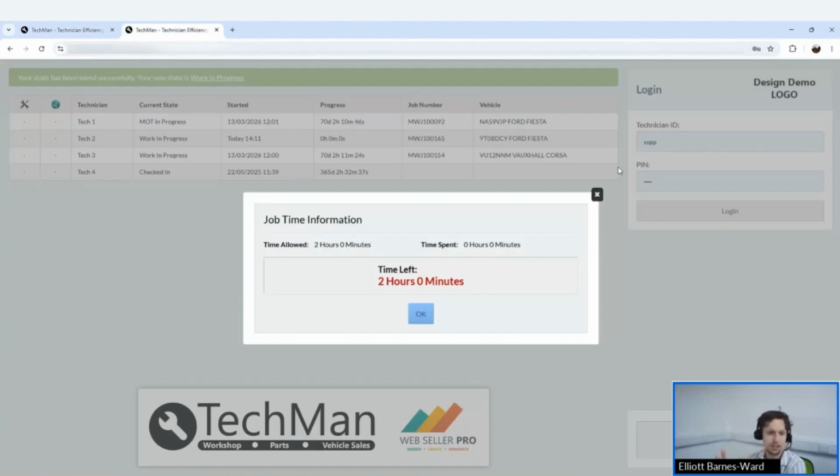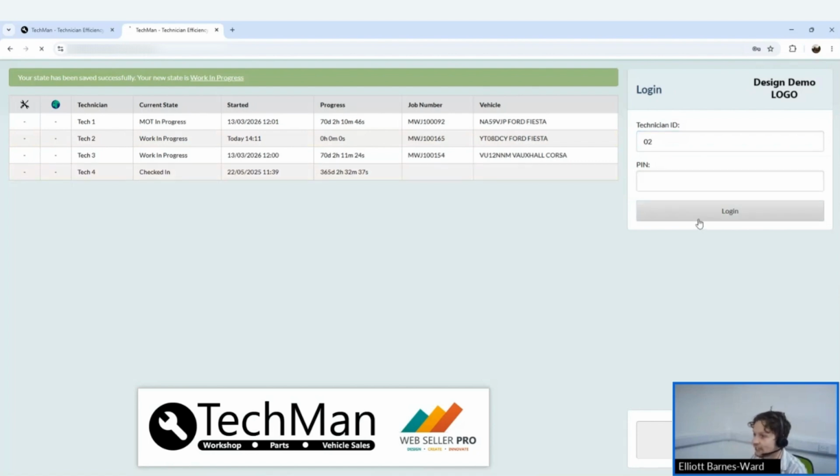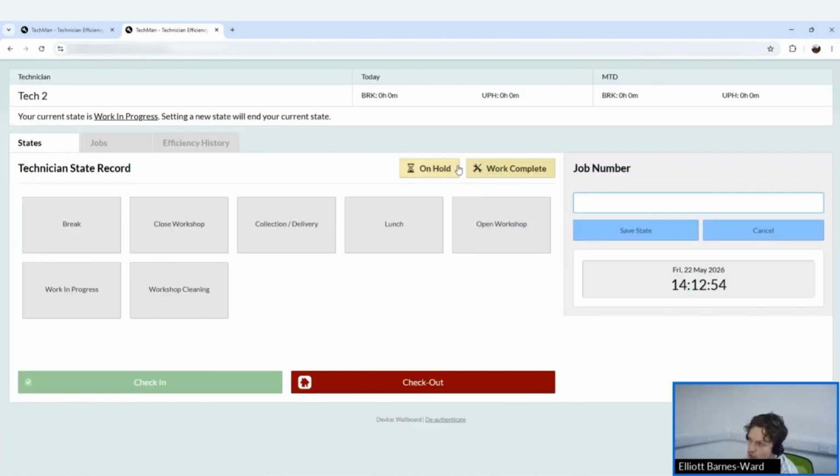If you have it on the tablet, you would just save both tabs, so you can literally flick between the two. Again, it will still log you out of terminal once you've saved the state on the tablet, but that's just how it's designed to do on there. And then basically when you've finished the job, or if the job's on hold, you can just log back in again, hit login, and then you have got the on hold or work complete